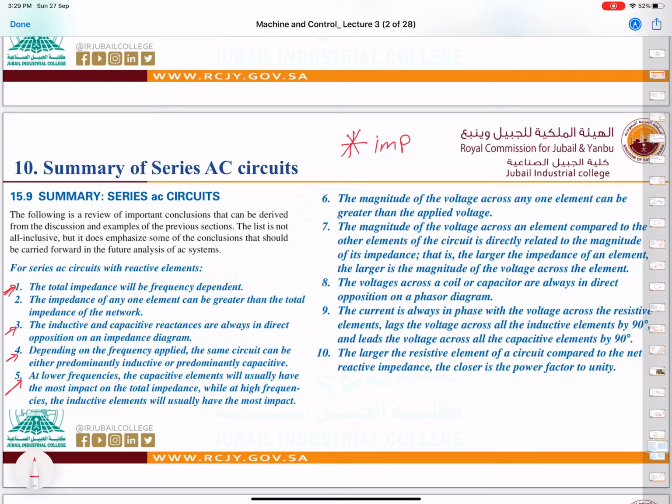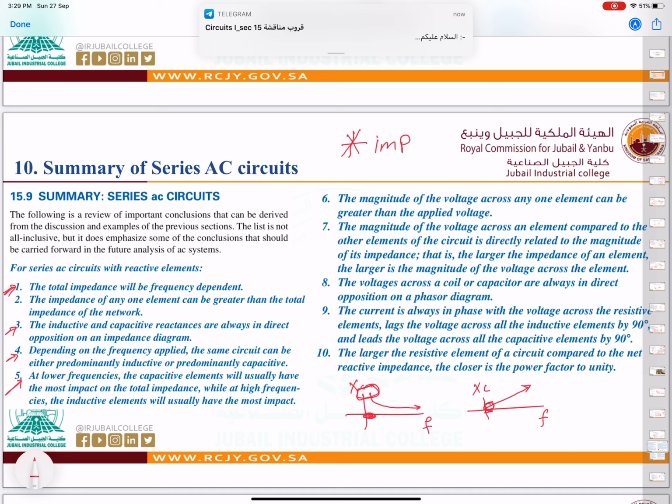لأن يا شباب تخبرون لما قلنا لكم الرسمة، هذه فريكونسي، هذه الاكس سي، صح يا شباب؟ قلنا لكم رسمه كذا، لان at low frequency means هنا يا شباب، هذا اللو فريكونسي هنا، فيكون تأثير الاكس سي اعلى. ليش؟ لانه هنا عالي، لكن بالنسبة للاكس ال زيادته كذا، فلما يكون عندي لو فريكونسي هنا، يكون تأثير الاكسل قليل بعكس الكاباستر. خلاص، هذه منطقة الكاباستر وهذه منطقة الاكسل. واضح يا شباب؟